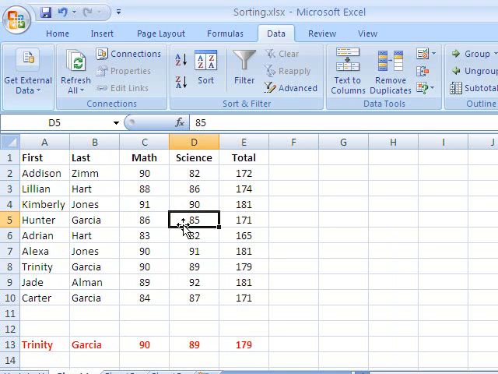If you want to sort them out in last name order, you can click anywhere in the last name. It doesn't matter where you click. You can click on the top, you can click in the middle, you can click on the bottom. It doesn't matter. Anywhere in column B, and then I'm going to go out to this Data tab,